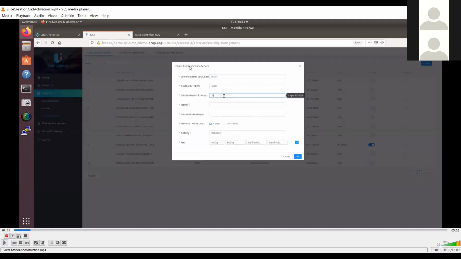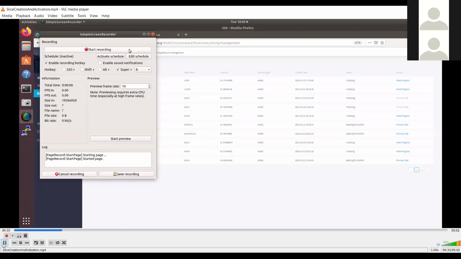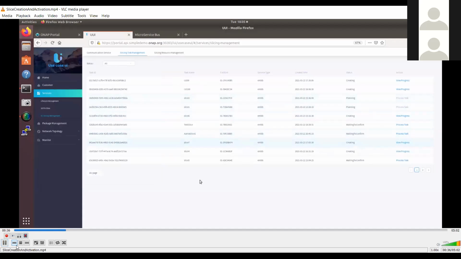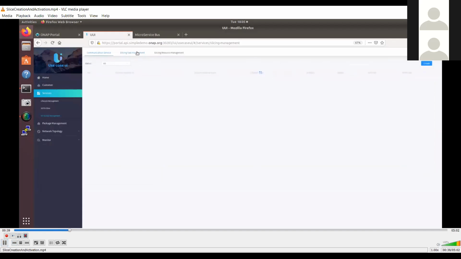So when you create a communication service, we have the name of the service, then the number of user equipment that you want to connect, and then the download link, what is the latency that we want, the upload link, and then whether this is a shared or a non-shared slice. Now, in addition to this, there are more fields that are associated, but those will be picked up from one of the templates that we have created previously. And currently we are supporting only non-shared mode, where no component across the network is shared as a part of the slice. So just to showcase, we created the service.